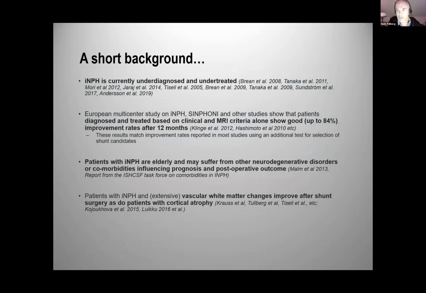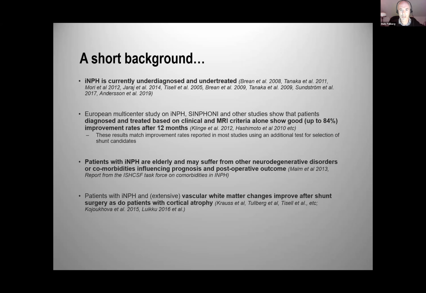Giorgio has touched upon some very important parts and facts that we must relate to when going to the workup of patients. I want to start with a short background stating some things. iNPH is currently underdiagnosed and undertreated. We don't treat the number of patients that a lot of studies have told us are out there. We must consider that, I think. Another fact is that